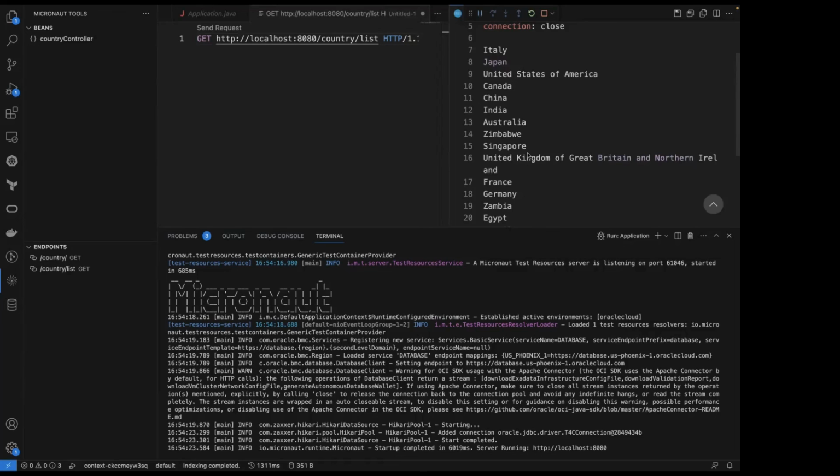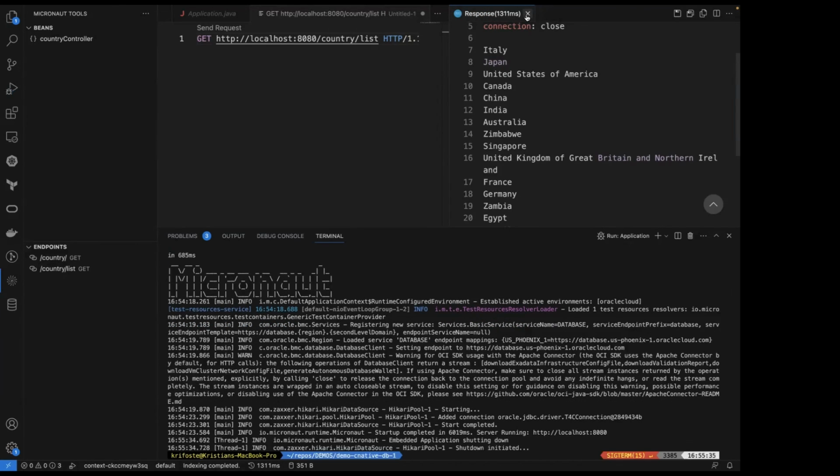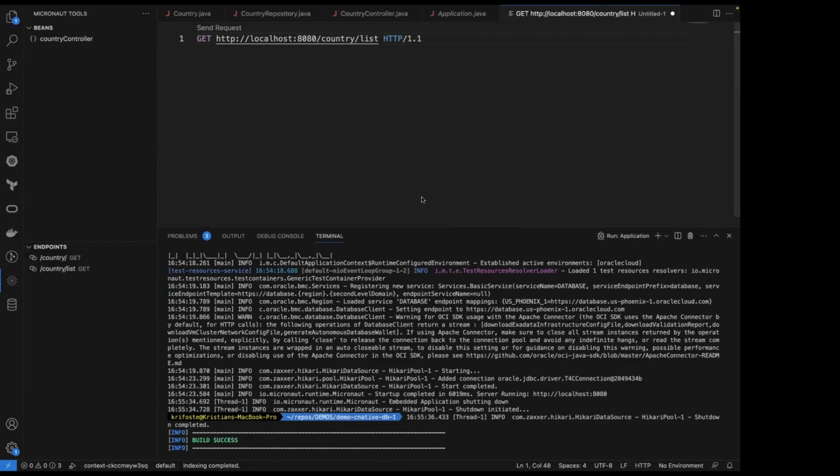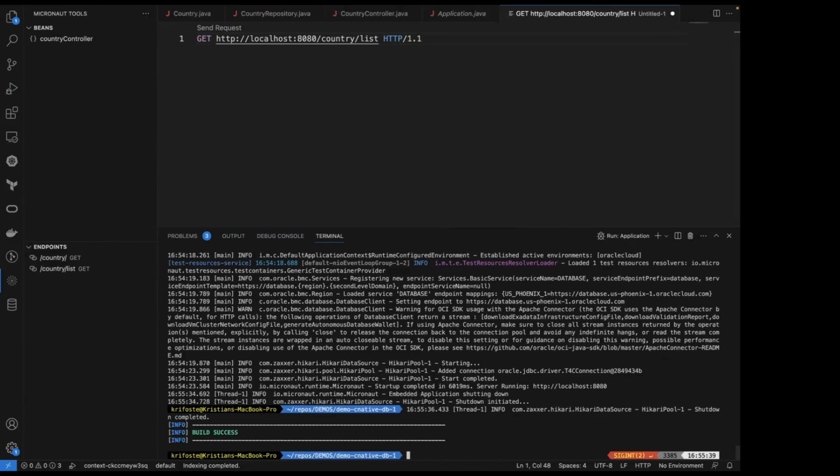I mean, this works within the context of running your application locally. Obviously, when you're running in the cloud, in OCI, you need to set up secrets inside the Vault, etc. And Micronaut and GraalVM Cloud Native have full support for using the Vault to pull secrets for connecting to a database. But hopefully that's been an interesting demonstration of the kind of functionality that's possible. So I'm going to kill my application. So that's pretty much end to end of all three demos.